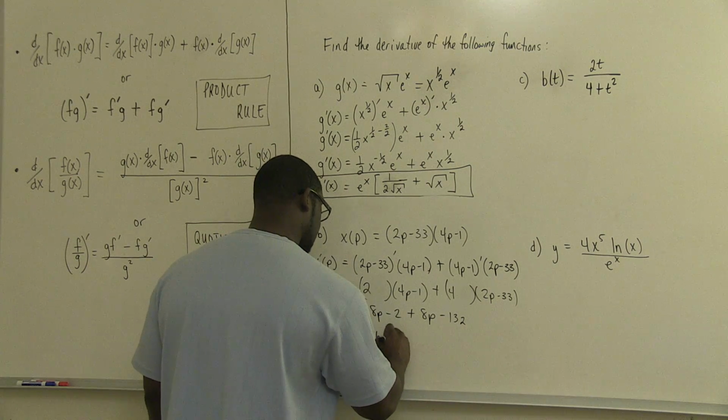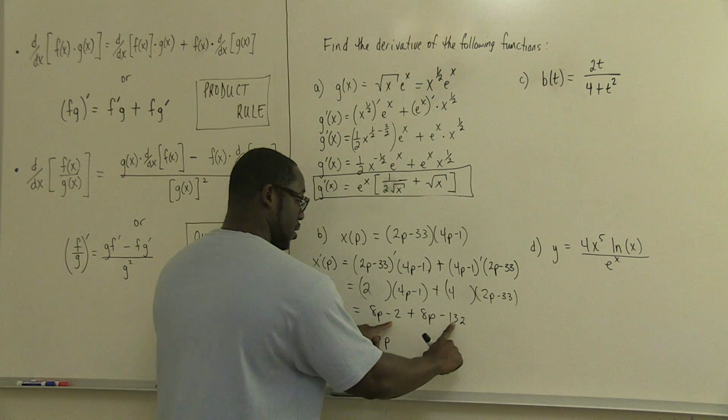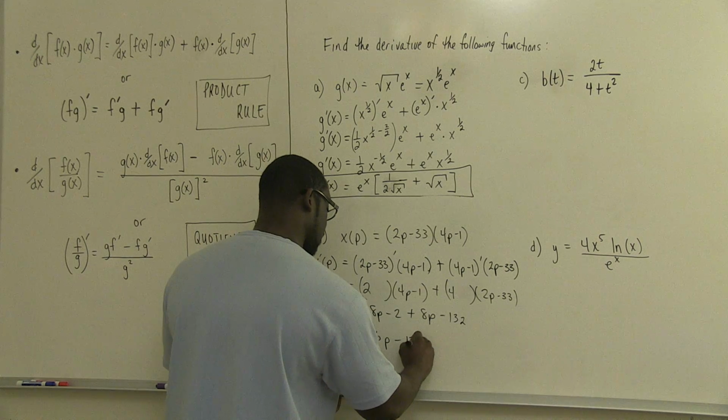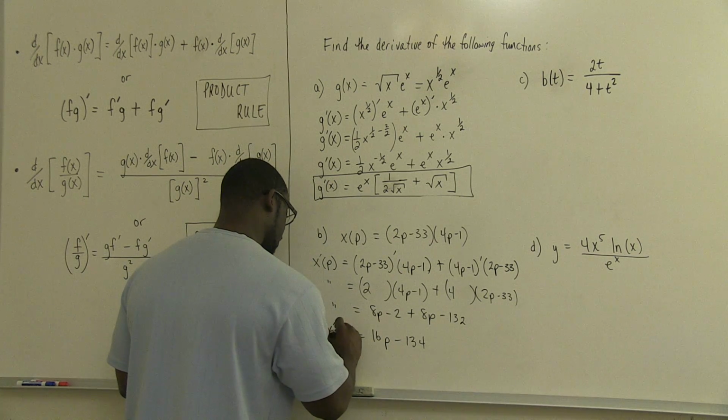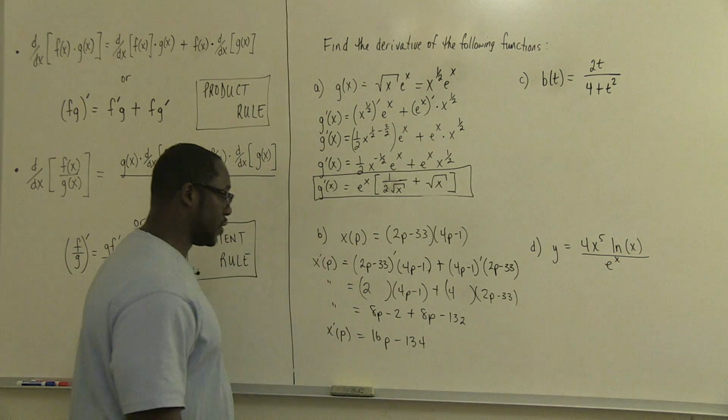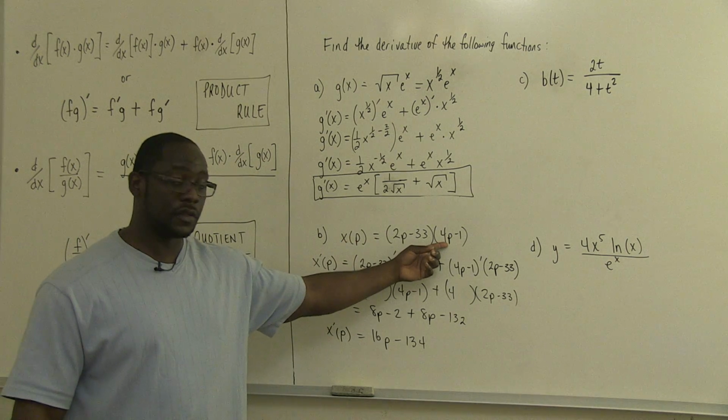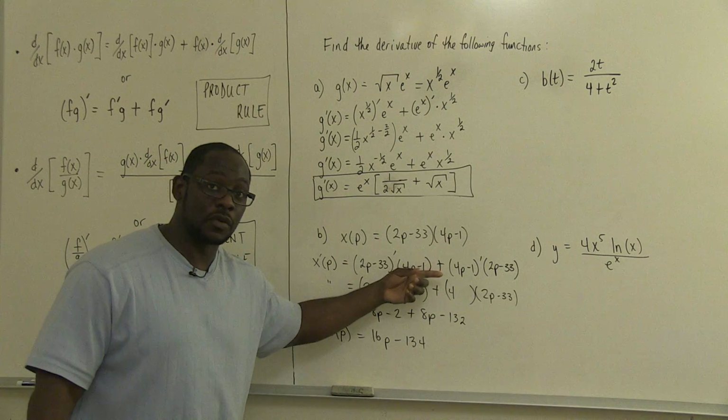And this will be 16p minus 134. And so the derivative of this particular function, or polynomial rather, would just be